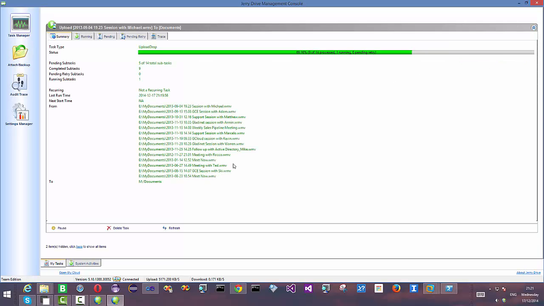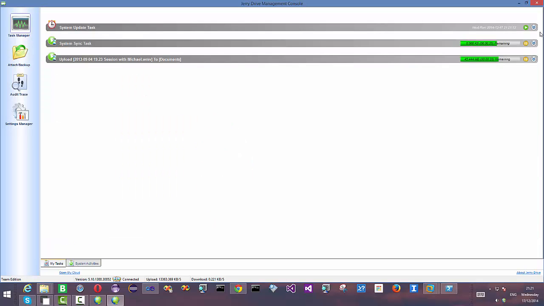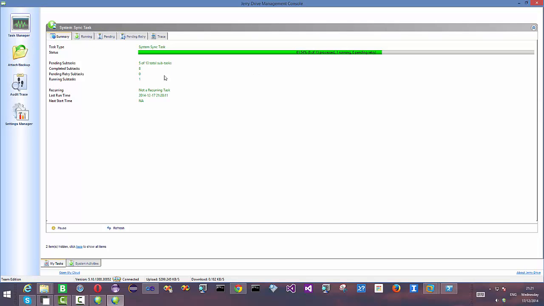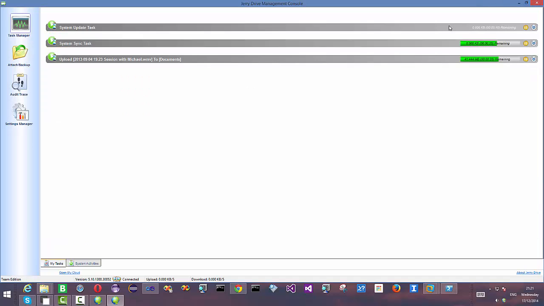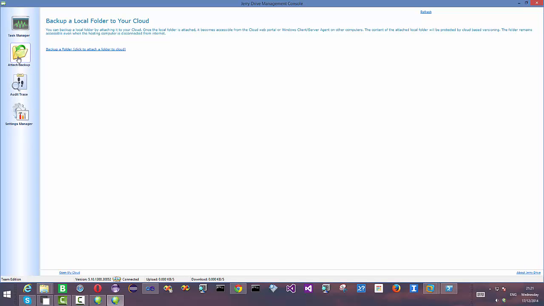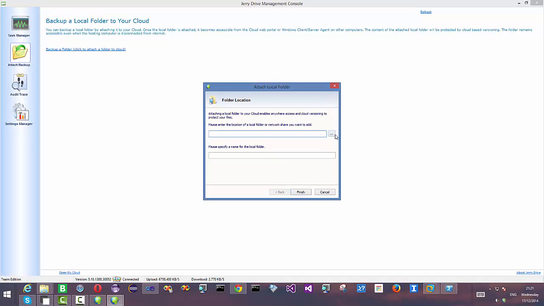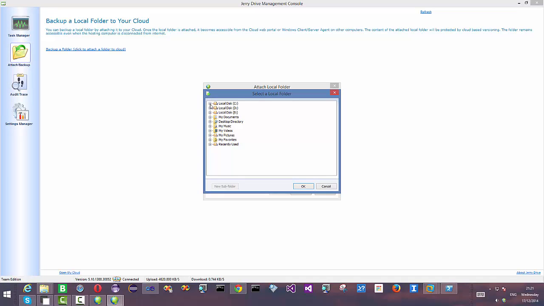So the first thing you would notice is you are looking at the task manager here. With the task manager, you can see how the tasks are doing, what's the status when they're uploading, downloading. Those are the tasks in general. You can also select a local folder and then attach that to the cloud. It's one way of doing a backup, right? You can just select a folder, and then the folder will be